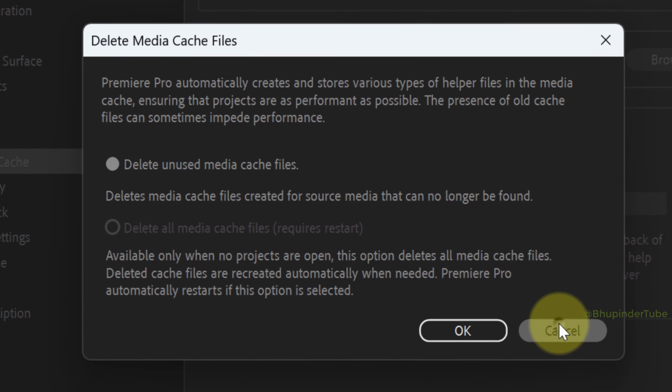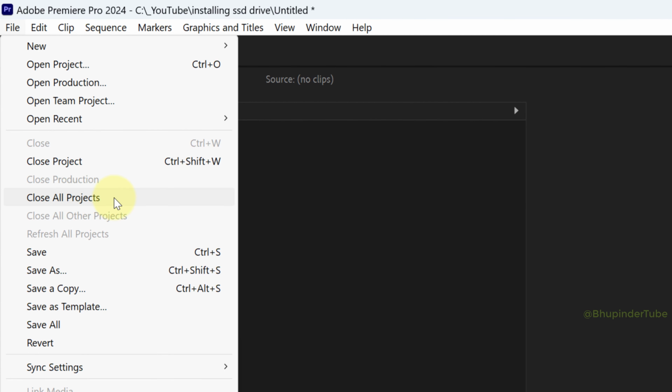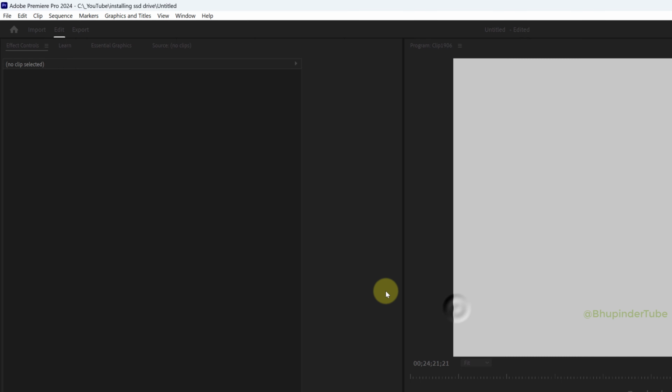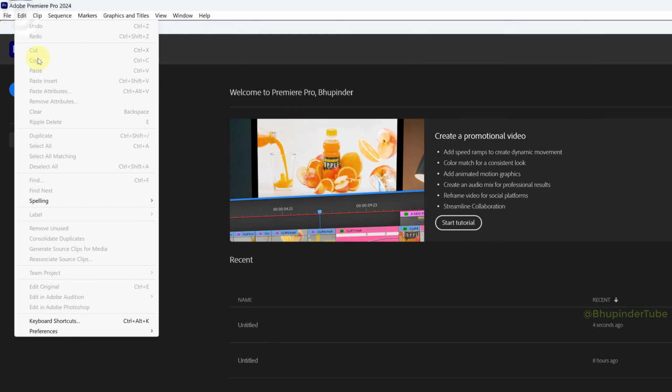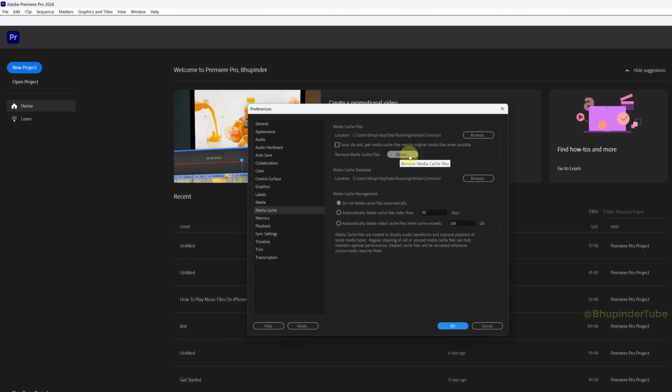So in order to delete all cache files even of the current project, first close this by clicking on Cancel, and then Cancel, and then click on File and select Close All Projects. Click on Save to save the projects before closing. And now if you would go to the Edit and back to the Media Cache and again select Delete,